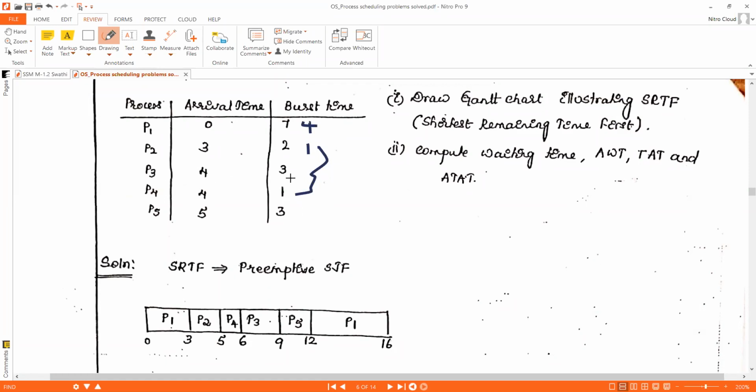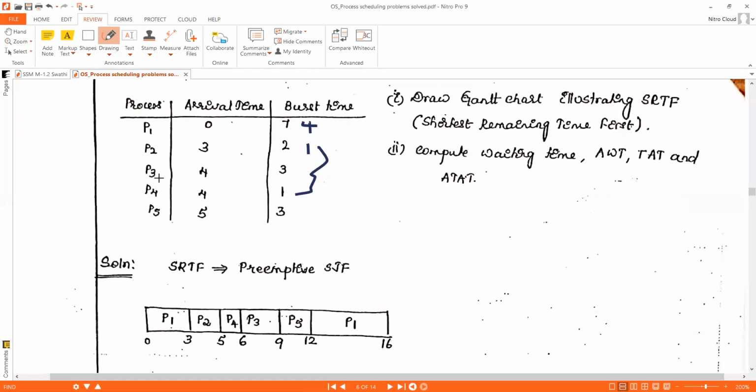If two processes have the same burst time, the CPU will schedule the process which arrived in the ready queue first. The first come first serve algorithm will be followed to break the tie. Here, process 3 and process 5 are both in the ready queue, and both burst times are 3 and 3. For which one the CPU should be allotted can be decided by using the first come first serve algorithm.